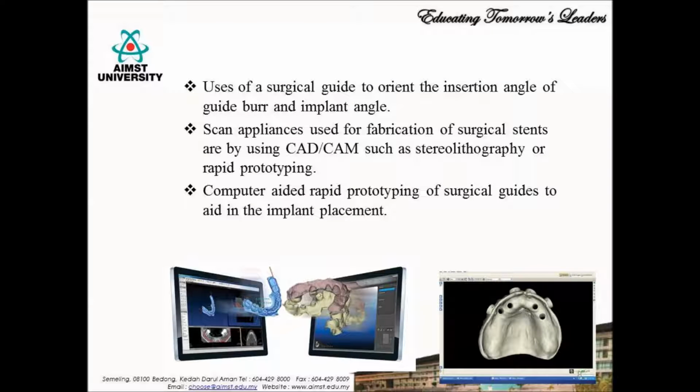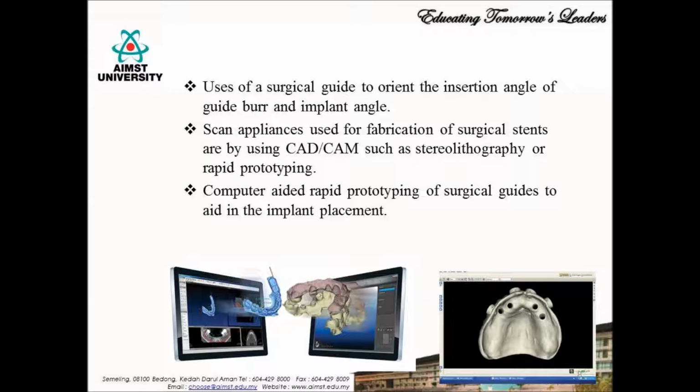In some research studies, an imaging stent was used, which helps to relate the radiographic images and their information to the potential implant site, and was used as a surgical guide to orient the insertion angle of a guide burr, and the implant angle was evaluated. Scan appliances used for the fabrication of surgical stents use computer aided design or computer aided manufacturing, that is CAD/CAM, such as stereolithographic rapid prototyping, to build the surgical guides to aid in the precision of implant